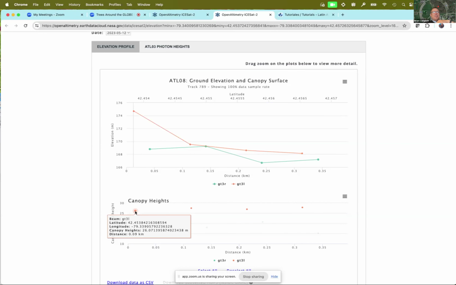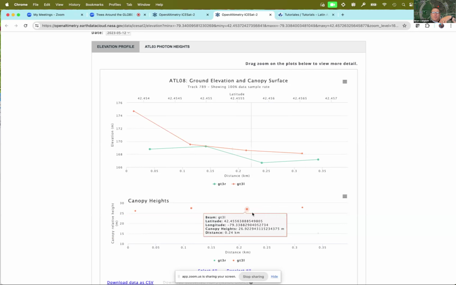Now, we know it's not an exact science comparing the GLOBE Observer tree height data to the ICESat-2 data, but it allows you to get better location accuracy. It allows you to see what the trees are doing in this area as well. So if you scroll over here, you can see this one is 26.1 meters, 27.4, 27, and 27.8 meters tall.